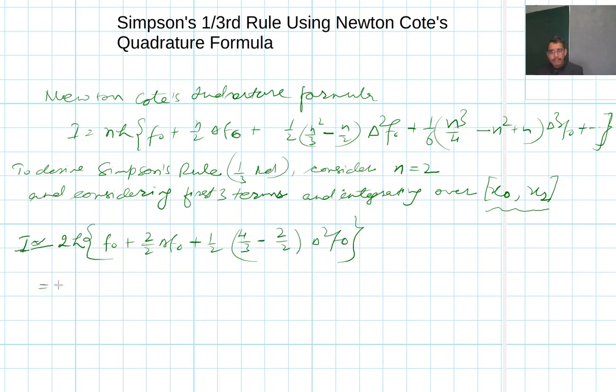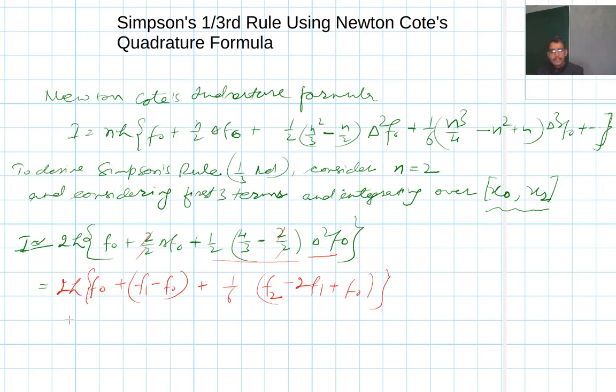So let us do little algebra. So it is 2h [f of naught plus delta f naught, and the value of delta f naught is f1 minus f of naught, plus 1 by 2 into 4 by 3, and when this gets simplified it will become 1 by 6, and the value of delta square f naught, as I derived in that lecture, is f of 2 minus 2f1 plus f of naught.] This was its value,